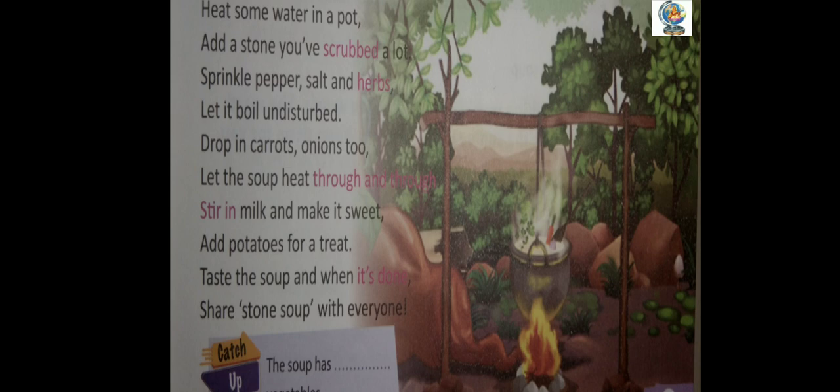Heat some water in a pot. Add a stone you have scrubbed a lot.